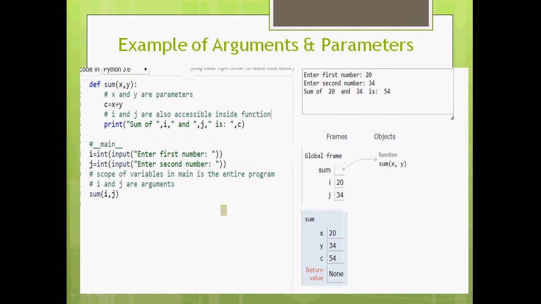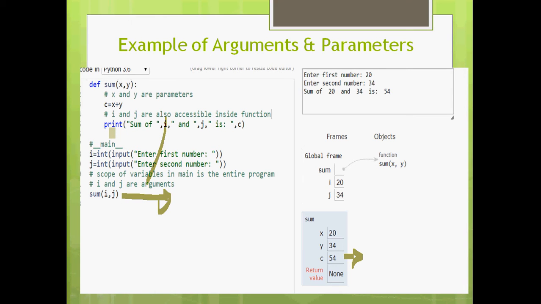Now this one shows it in a different way, a small change I have made in this program. Instead of printing the statement here in the main program, it now contains only a function call. The small change I made is just to explain what has been returned, what the value of c is, and how it is printed here. So the print statement comes inside this function.